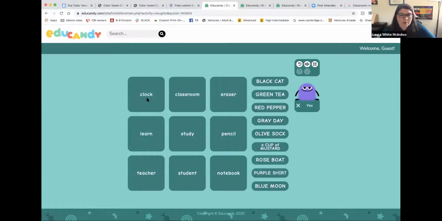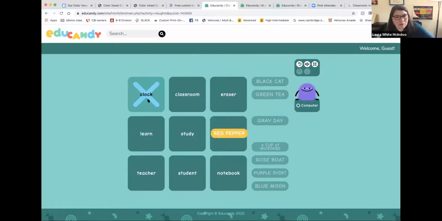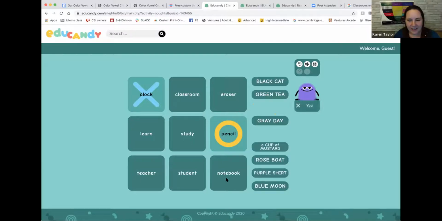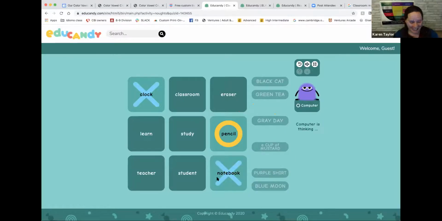If I want to put my marker here, what color is clock? Nice. Isn't that cool? And then the computer is thinking: red pepper, pencil. Isn't that great? Rose. So the colors and words have nothing to do with your, this is neat.